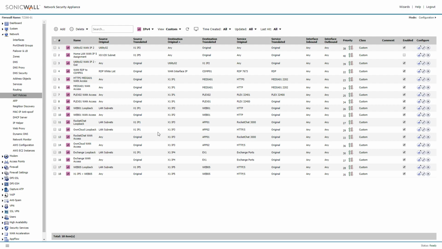Today we're going to be covering having multiple Plex servers and how you're going to do port forwarding. So in this example I have two Plex servers, Plex 1 and Plex 2. Now if you want to be able to access them from outside your network, by default Plex will